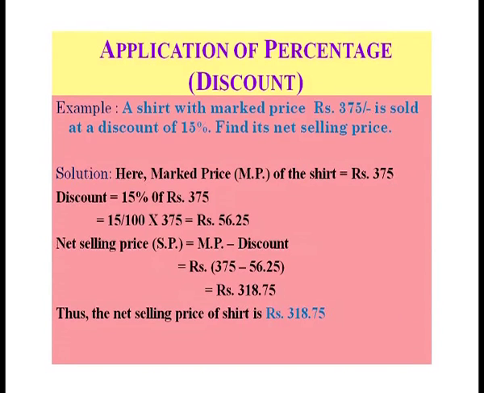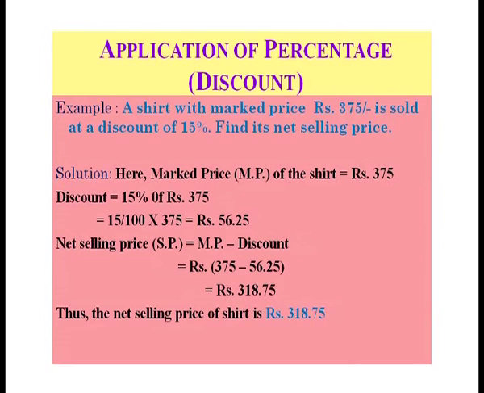We will discuss discount by taking one example. The example is: a shirt with a mark price of rupees 375 is sold by the shopkeeper at a discount of 15%. Find its net selling price. The solution is, here the mark price of this shirt is rupees 375. As you know, the discount is 15% of the mark price, that is 15% of rupees 375, which is equal to 15 upon 100 multiplied by 375, which is equal to rupees